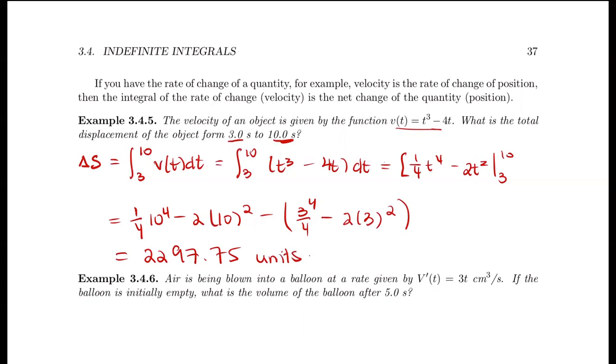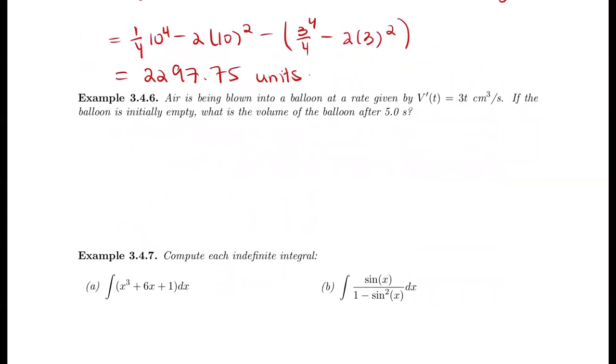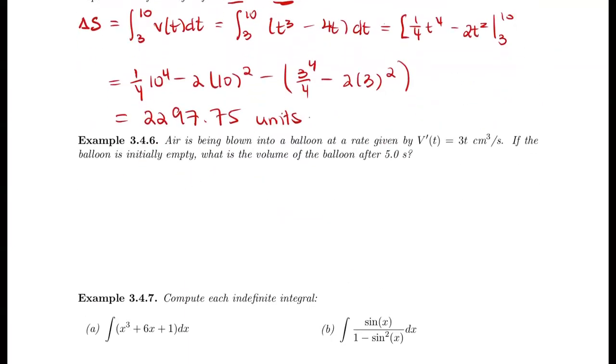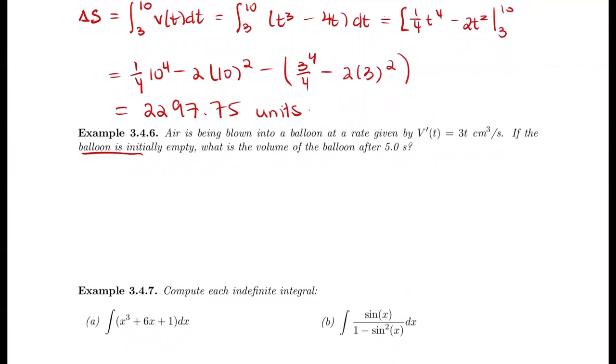So let's consider the next example. Air is being blown into a balloon at a rate given by V prime of t, which is 3t centimeters cubed per second. If the balloon is initially empty, what is the volume of the balloon after 5 seconds? Well, one thing we know is that the balloon is initially empty. So that means V at 0 is going to be 0. We also know that dV divided by dt is given by 3t. So that means for the total volume